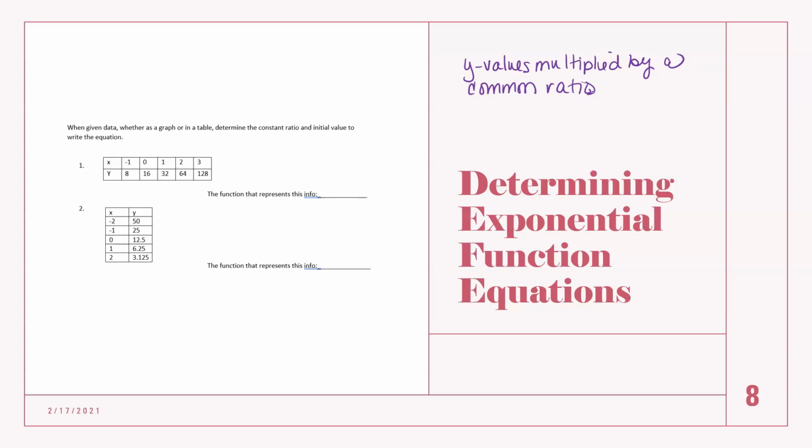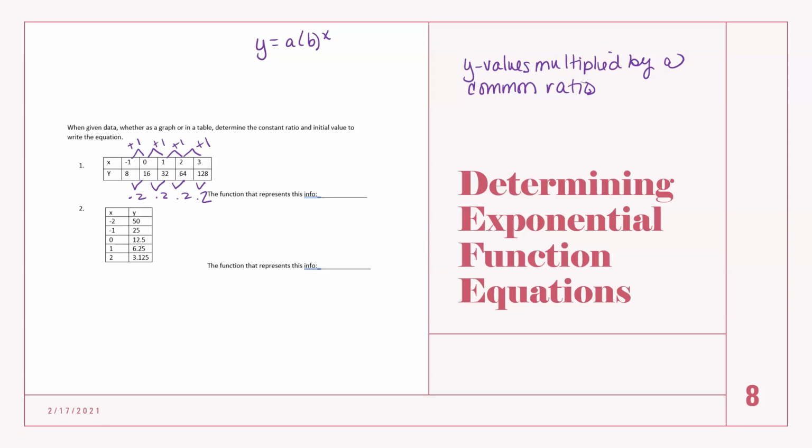Okay, so if you look at the y values, look at this, times 2 every time. Every time. And here, we're adding 1 to the x values. All right, so we're going to use the parent equation, which is this, to find the equation. So the first thing you're going to do is,